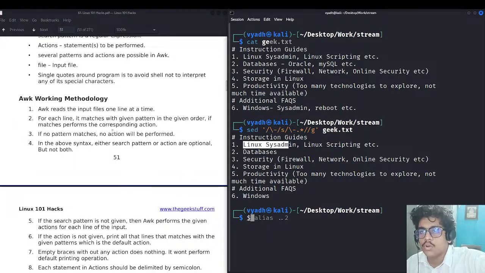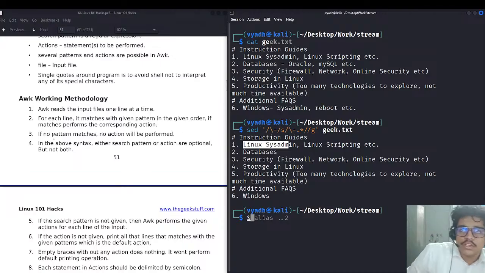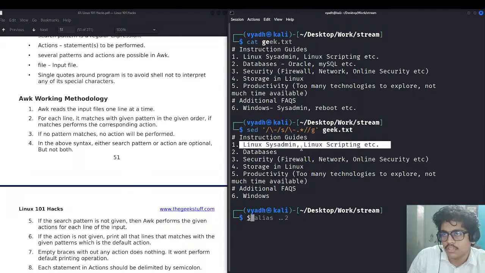So similarly in awk, it will search the pattern one by one in every line, and whatever instructions we have given, it depends on that. Either we have given the instruction to delete it or replace it, or do any other thing, it will do that. If no pattern matches, no action will be performed. For example, if I am searching for a keyword in this line, and the keyword is not present here, it will be